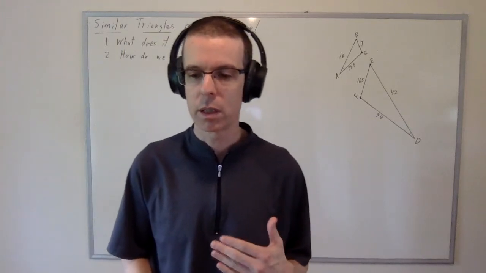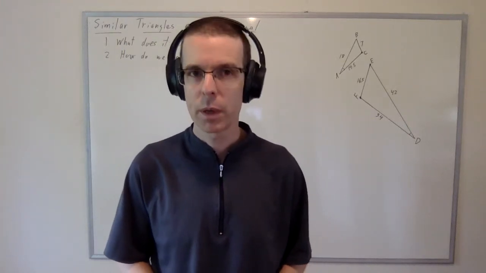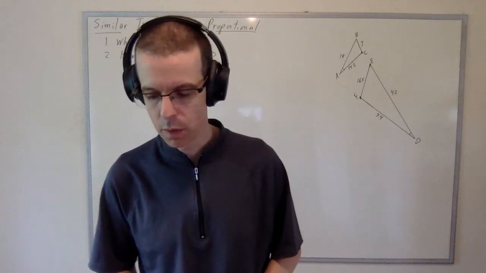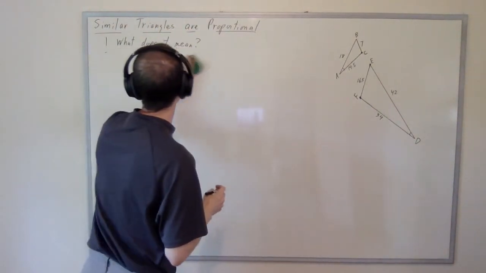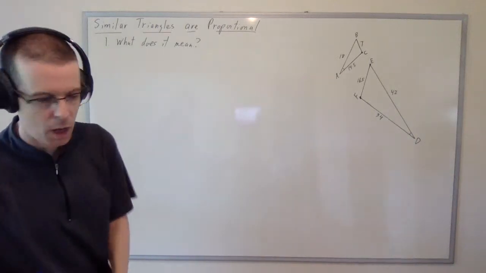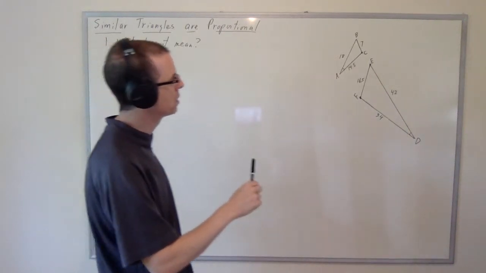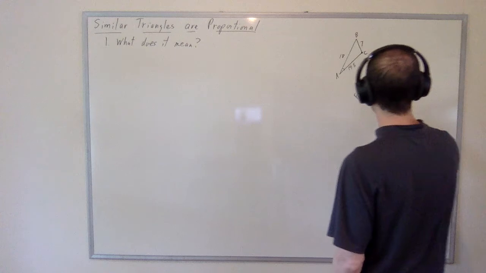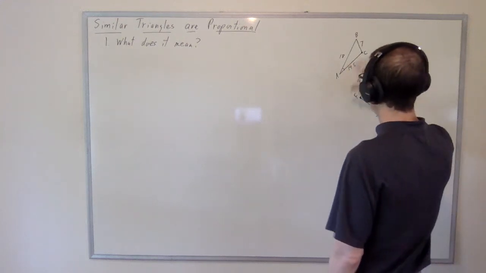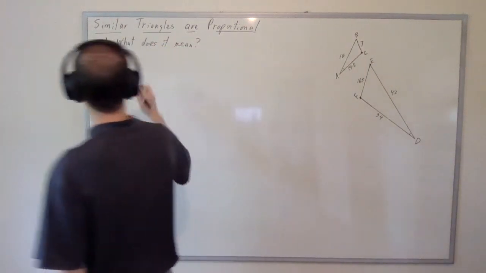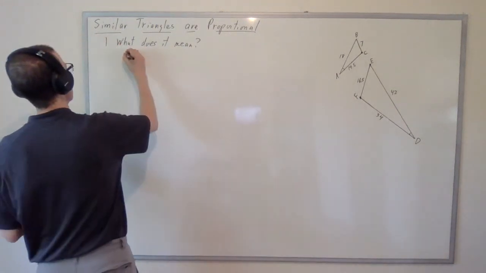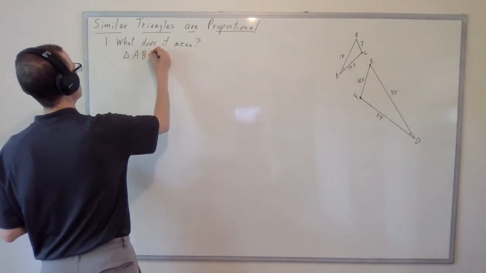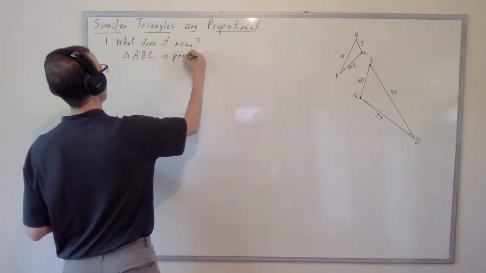Proportionality, on the other hand, is a statement about lengths. It's a complicated statement about the ratios of lengths. So let me be specific about what exactly proportionality means. On the one hand, it means that the ratios taken from one triangle to the next triangle agree however we take them. So if we say triangle ABC is proportional